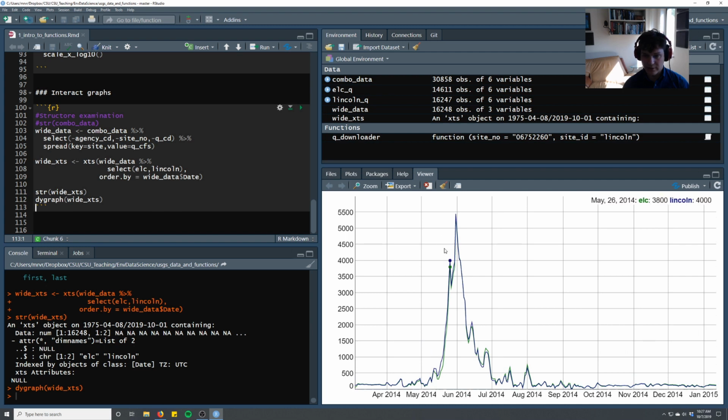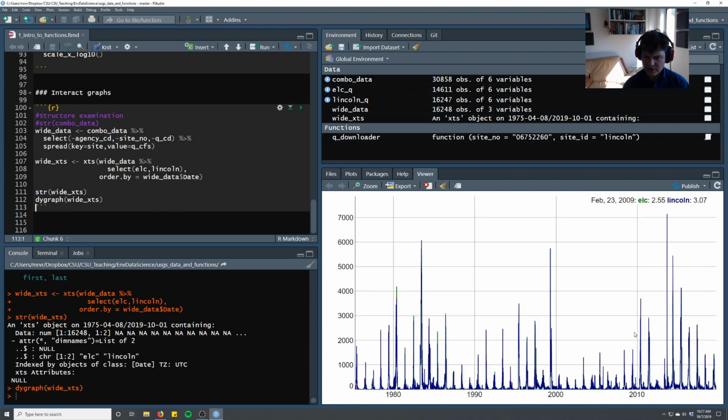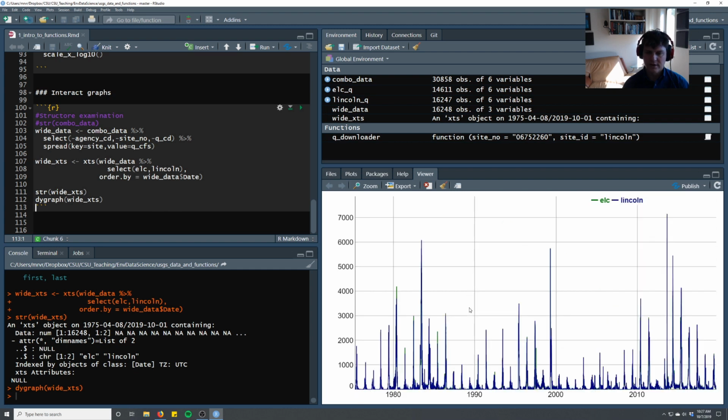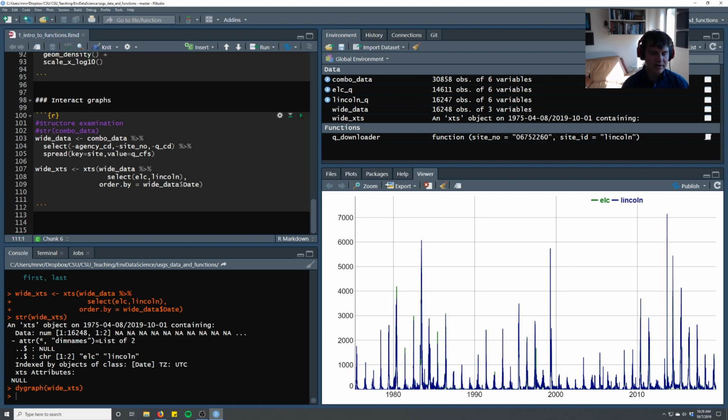And then we see that the next year we actually had a pretty high snowmelt flood as well. So this is a lot easier, in my mind, to explore actual time series data. We can see that in general all these sites move along with each other, and that's pretty sweet. So now we made these interactive graphs, but